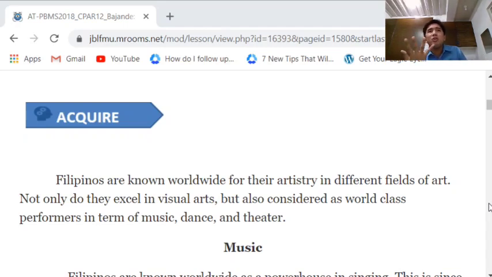Other factors could be that we admire celebrities, artists, and musicians that we see on TV or hear on the radio, right? And as you know, in the Philippines, as long as your voice is high, as long as you can hit the high notes, you are popular. For example, in singing competitions, as long as you reach the highest notes, you have a big advantage, right?